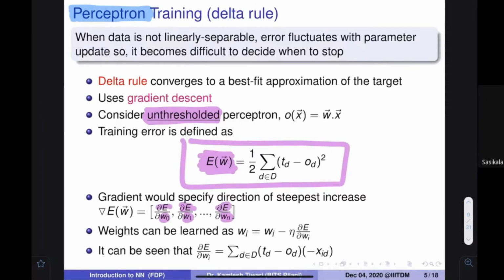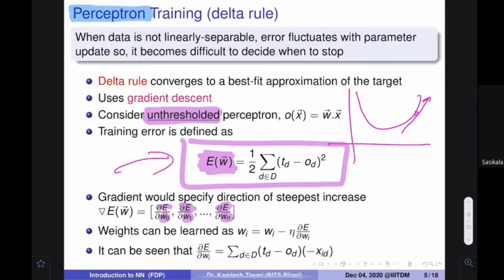Okay, if you know the derivative, what is the advantage of derivative? For example, if this is a function, which is a convex function, if you are here, you find out the derivative, and it would tell you the direction. The derivative is actually the tan of the tangent angle of that particular point. So if you are here, it is this angle. Here it is negative. Here it is positive. And where is the negative value? So what is this graph?